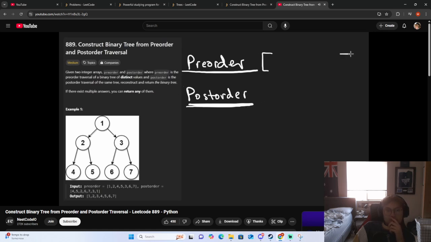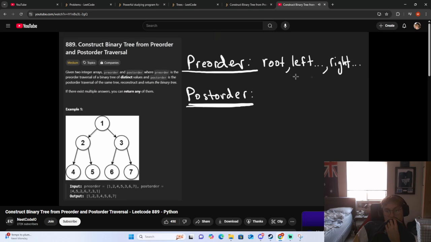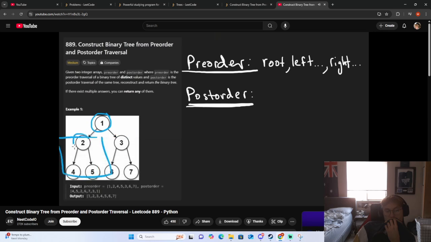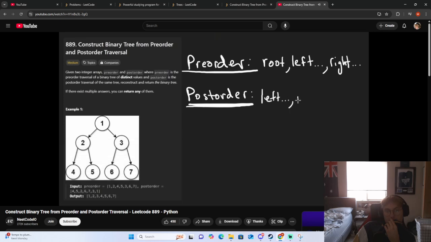Pre-order works like this, where we are processing the root, and then we process the left subtree. I'm going to get rid of these brackets just to save space here. We have the root, and then we have the right, which could also have multiple nodes. So that's how pre-order works, and then the entire right subtree. Recursively, it'd look like this: process the root once again, then the left subtree recursively, and then the right subtree recursively. For post-order, we do the entire left subtree first, and then the entire right subtree,